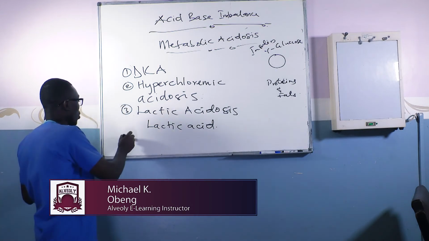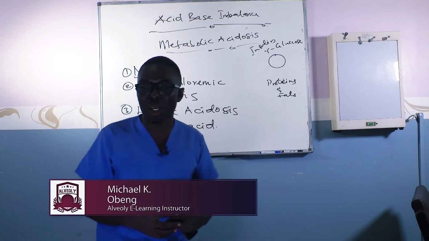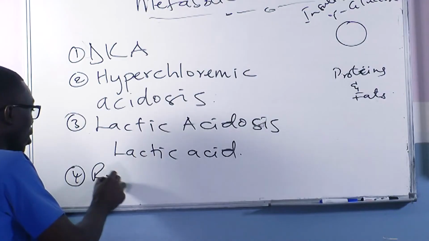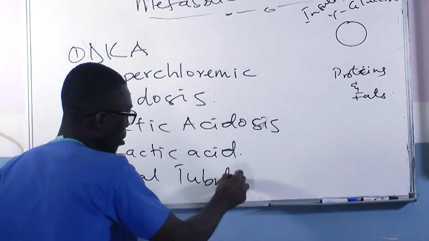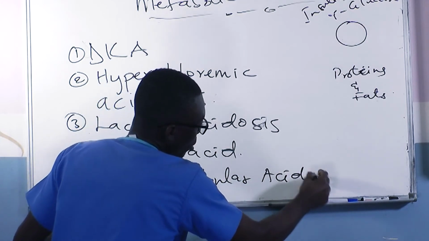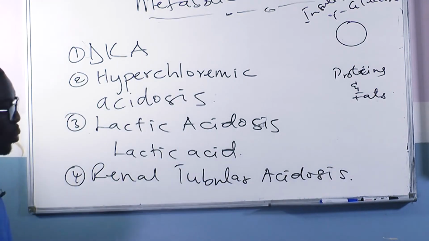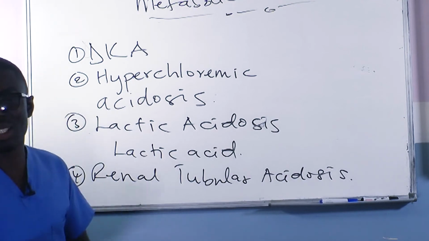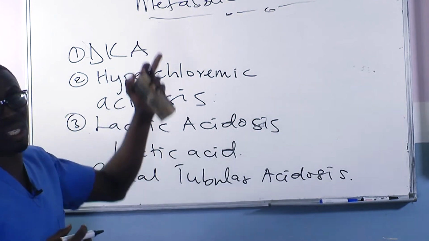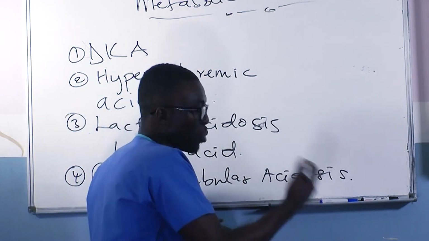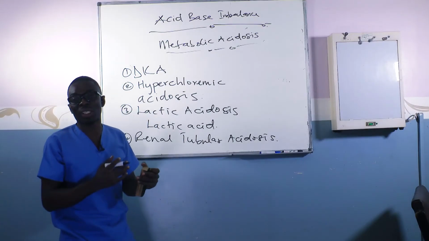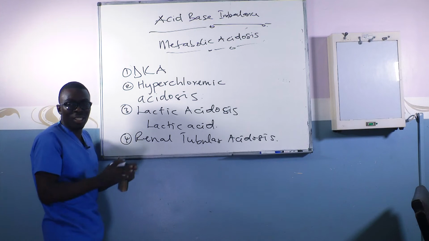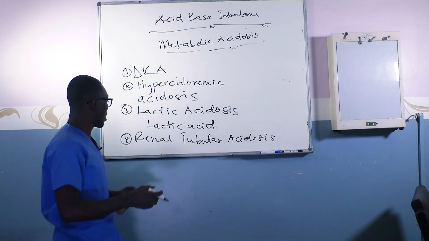Then the last one that we are going to talk about in metabolic acidosis is known as renal tubular acidosis. So under renal tubular acidosis, we initially said that the function of our kidneys is that it helps to maintain our acid-base balance by excreting a lot of hydrogen ions if our body is becoming too acidic. Now, if a patient has a renal tubular condition or a kidney problem or a renal problem, then it means that the